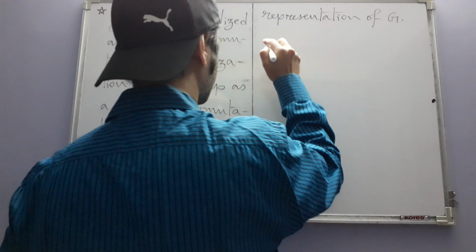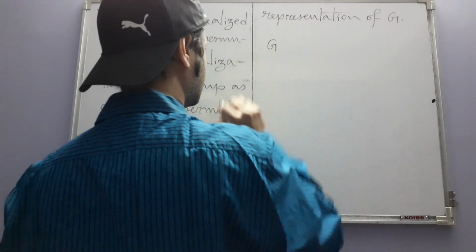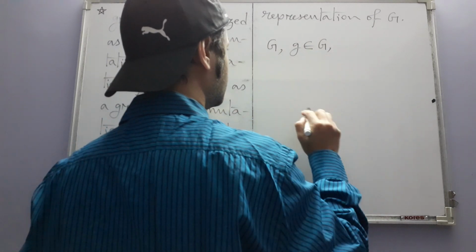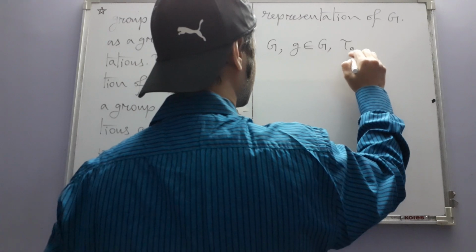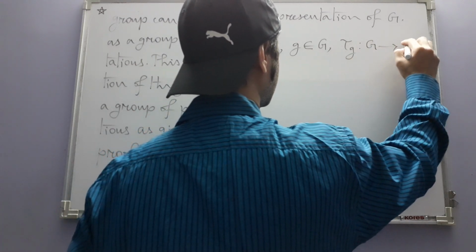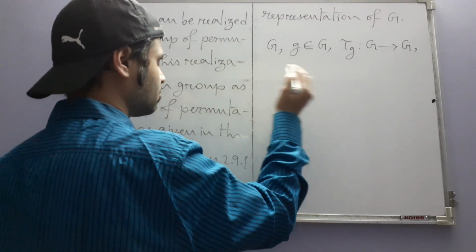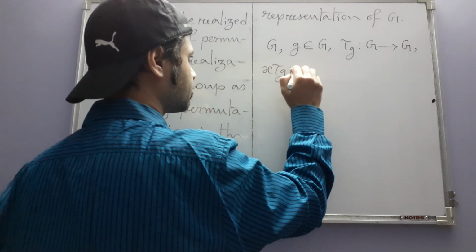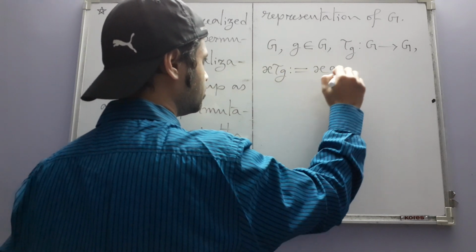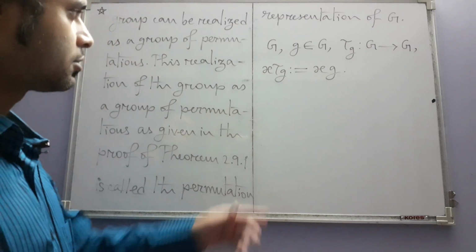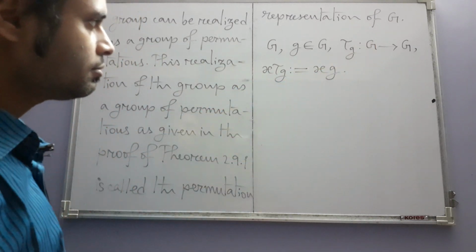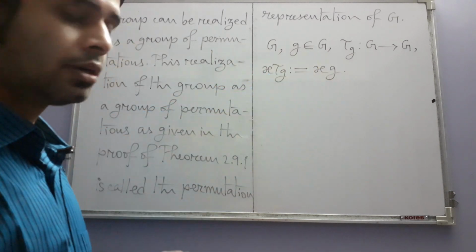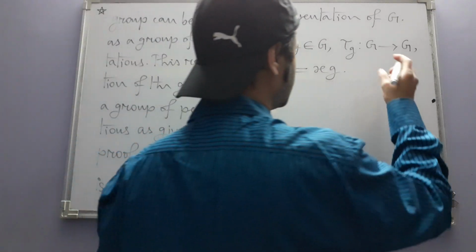That is, this was our group G. Now, for any g in G, we defined a function tau g from G to G like this. x tau g is defined to be equal to xg, where of course this x is coming from G. So that's how we set up a correspondence between the elements of G and the elements of A of G,